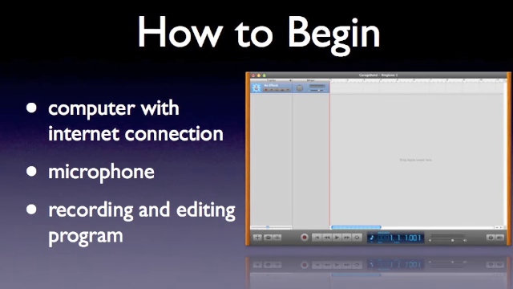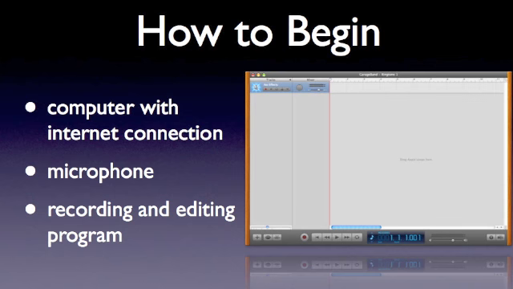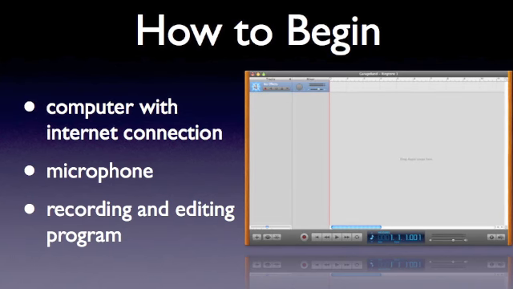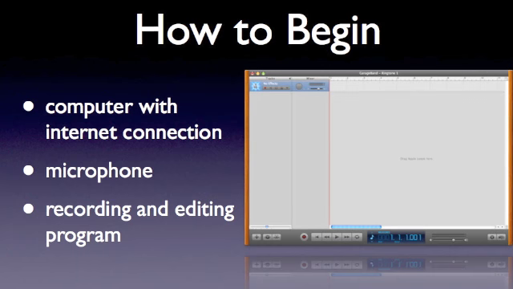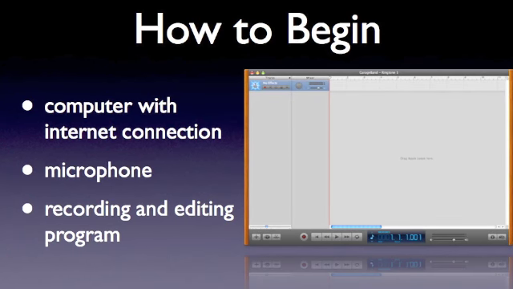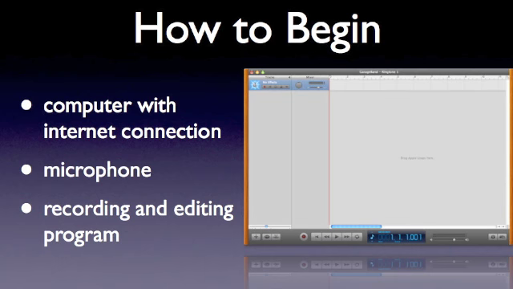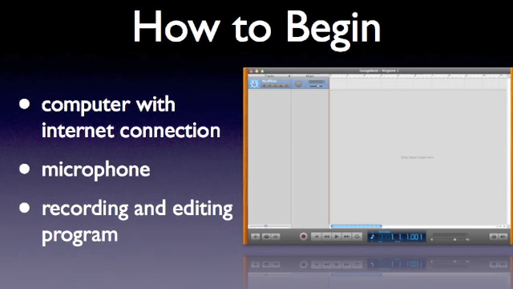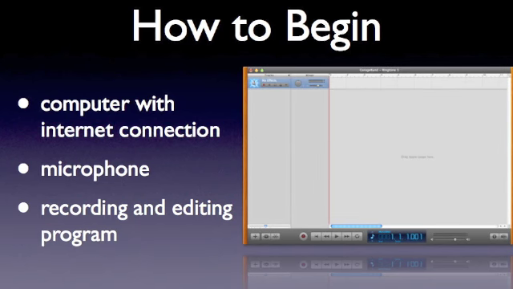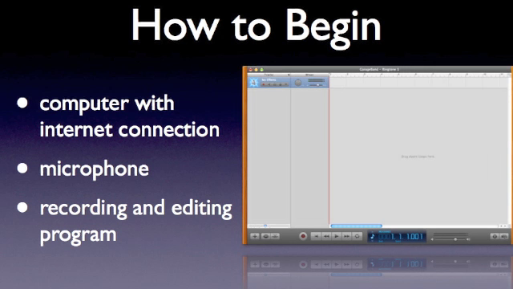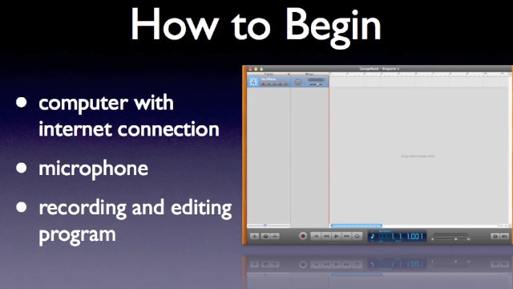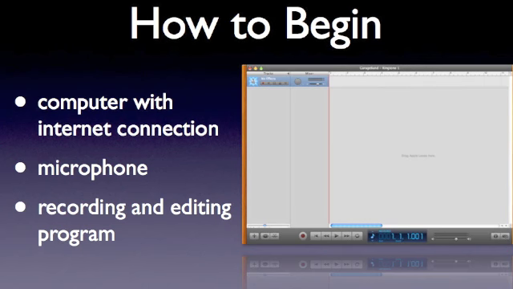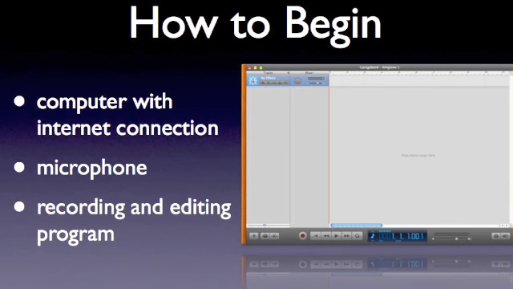If you think you're ready to try podcasting, you will need a computer with internet access. In order to do voice recordings, you also need a microphone. If you are creating a video podcast, then a video recorder will be needed. Last but not least, you will need a program to edit and record your podcast. Audacity for Windows or GarageBand for Mac users are commonly used in the creation of podcasts. Both programs allow you to easily record at the push of a button and edit with a few clicks and drags of the mouse.